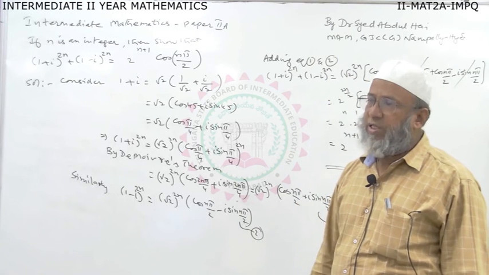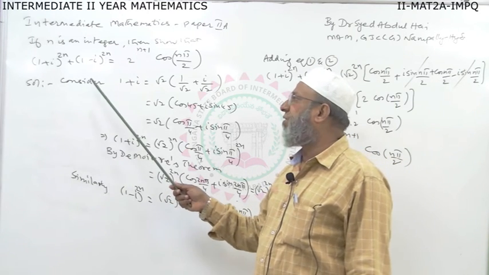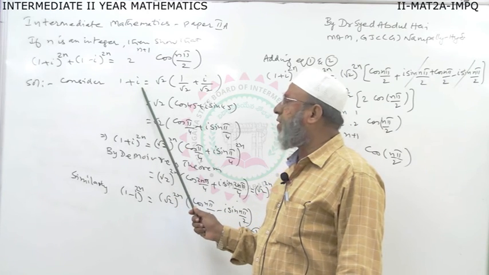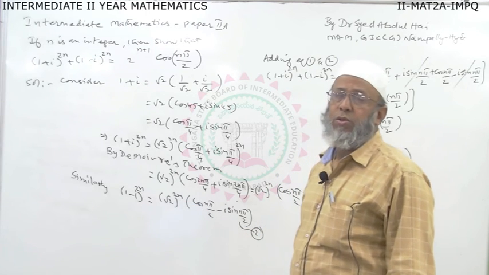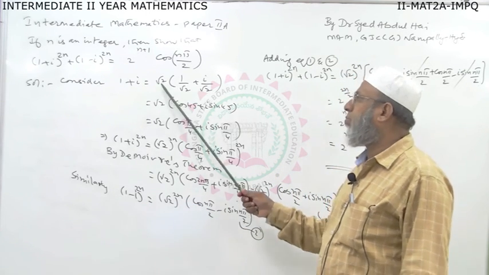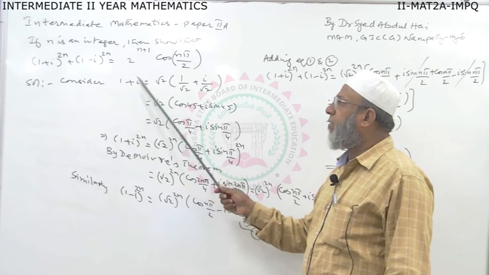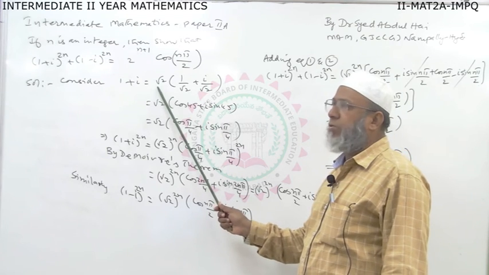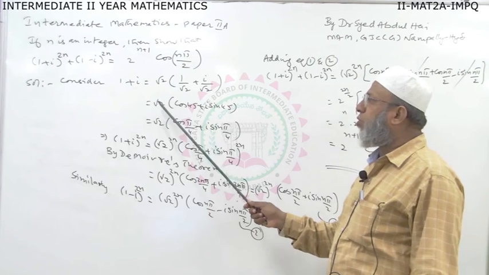Or another way, the shortcut method: I am multiplying and dividing by its coefficient. What is here? 1. What is the coefficient of i? 1. Square root of 1 plus 1 is equal to root 2. So, I am multiplying and dividing by root 2. Root 2 will be outside, this 1 becomes 1 by root 2, i becomes i by root 2. Taking root 2 common outside, the root 2 and root 2 cancel each other. Now, root 2 will remain as it is.